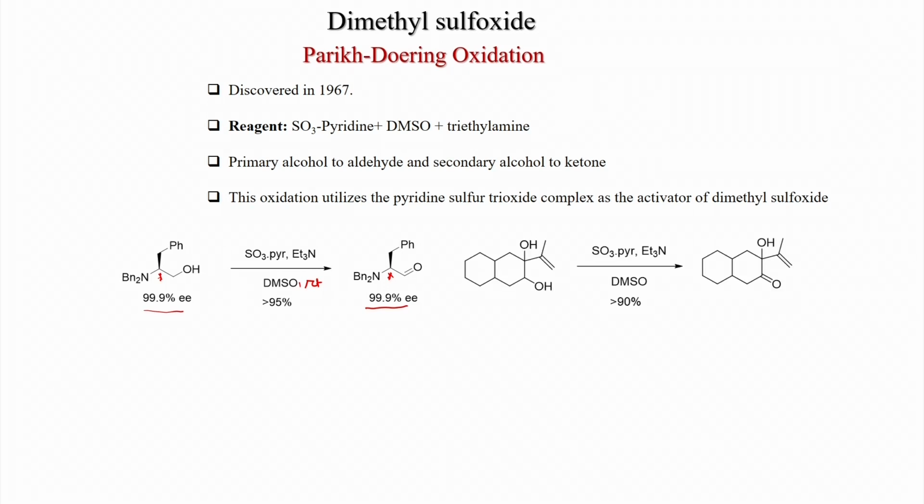Here also there is a secondary alcohol and there is a tertiary allylic alcohol. As we have seen, with PCC oxidation this compound can isomerize and give the enone species. So, under the Parikh-Doering condition, you can get selectively this secondary alcohol oxidation without disturbing this. This is very important, and we can discuss now the mechanism of this reaction.